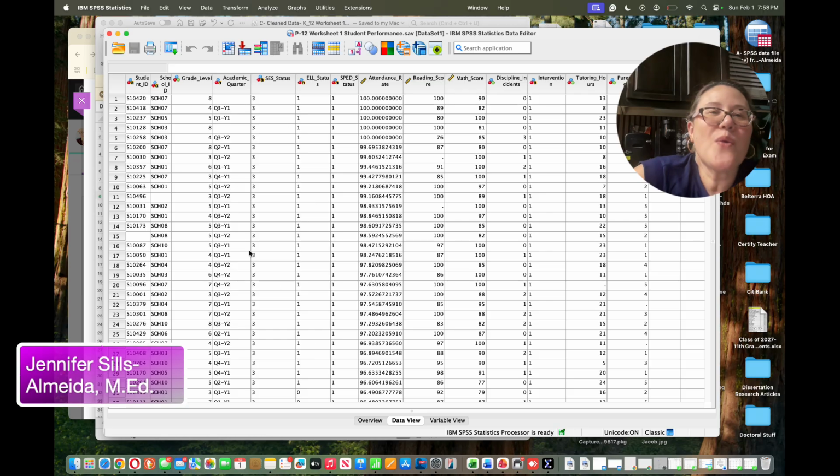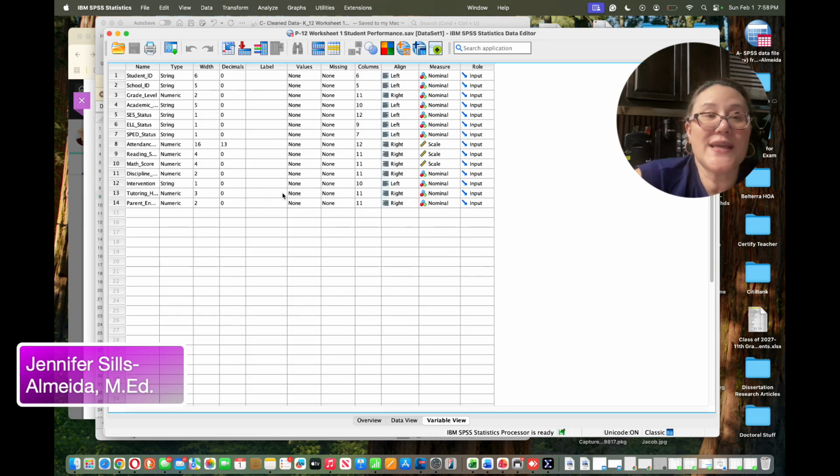Okay. So when we have data here, we went ahead and moved the data that we had from that raw data into the SPSS system. Now for the SES status, socioeconomic status, we are going to have to rename it into low, medium, high, yes and no, and also for intervention, yes and no. So the way we do that would be to go into variable view first,